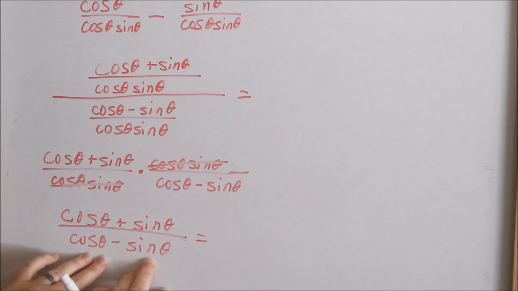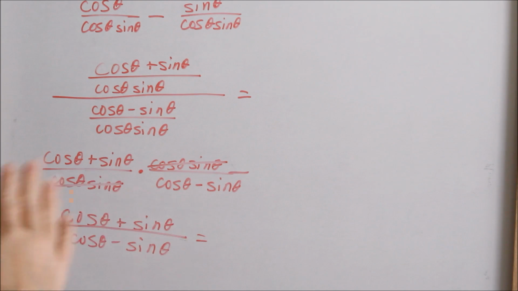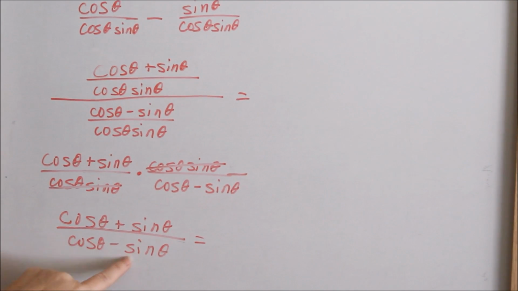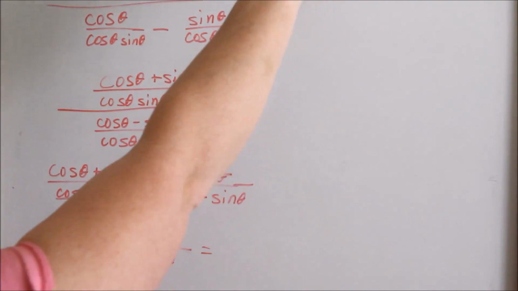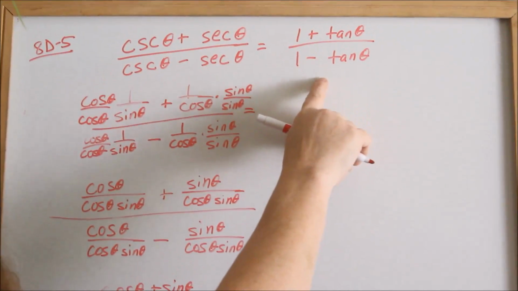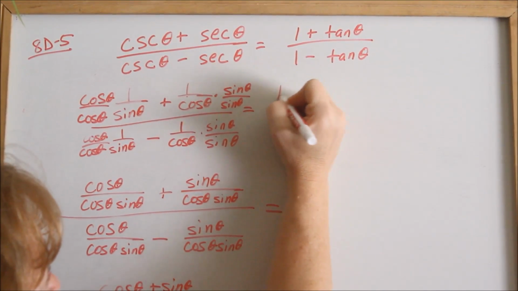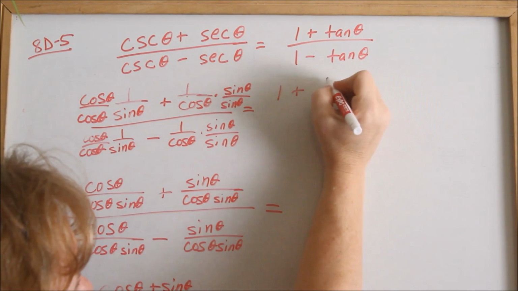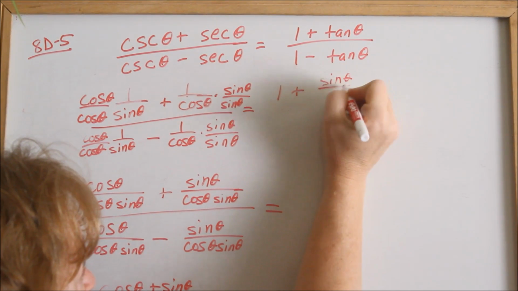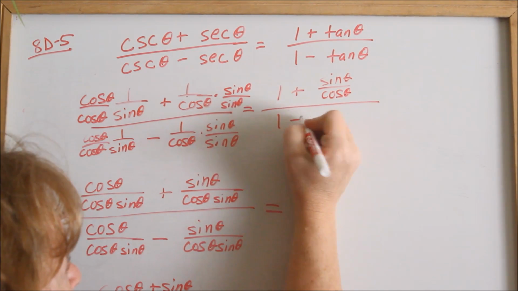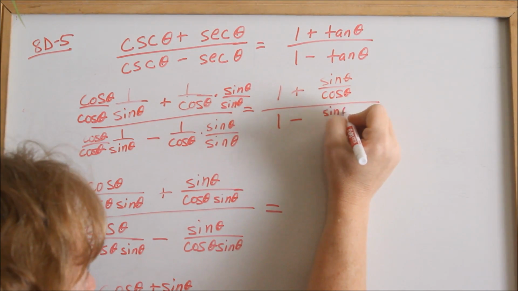I changed everything to sine and cosine, made common denominators, I simplified the most that I could, and I still ended up with cosines and sines, and I don't match the right hand side. Now I'm going to go to the right hand side and change it to see if I can get the right hand side to match this. Okay, so going back to the right hand side, let's change everything to sine and cosine. So this would be 1 plus tangent is sine over cosine all over, and then 1 minus tangent is sine